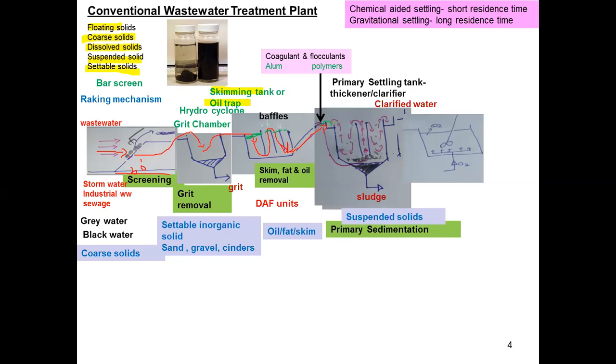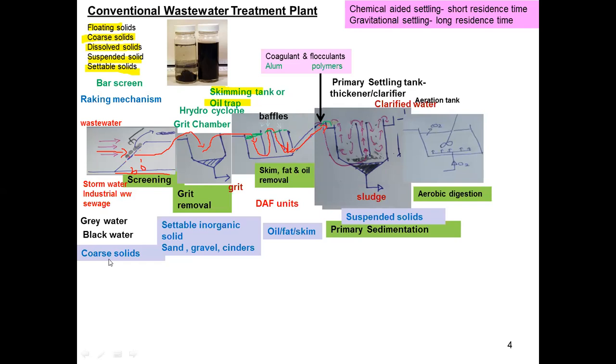So then what is the next unit operation? So it is the aeration tank. Next unit operation, actually it is not a unit operation, it is a unit process. It is the aeration tank. So what is the aeration tank? In that aeration tank, aerobic digestion occurs. Okay. So up to now,